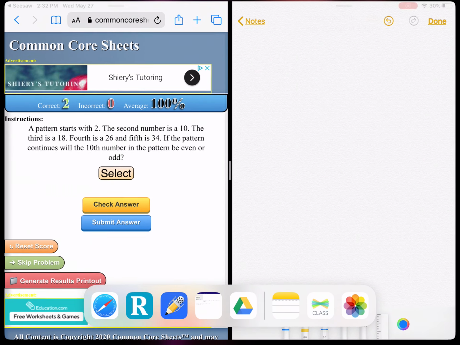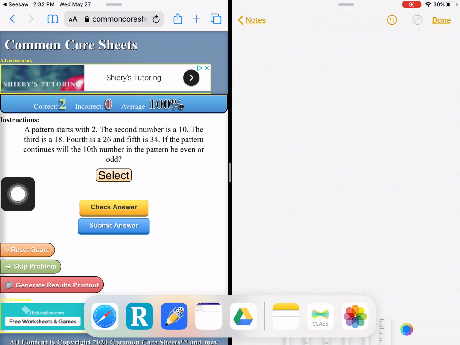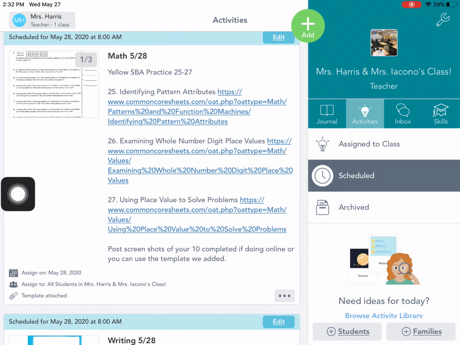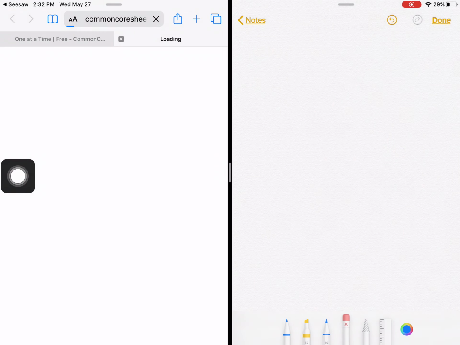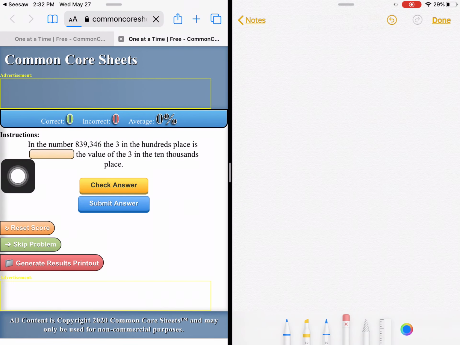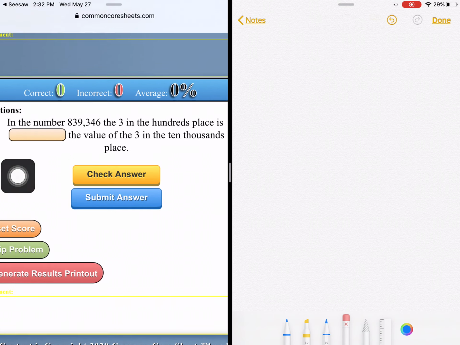The next one, I'm going to go back to Seesaw. I'm going to click on examining whole number digit place values. So this one's place values. So we're going to have to use the places. So in the number